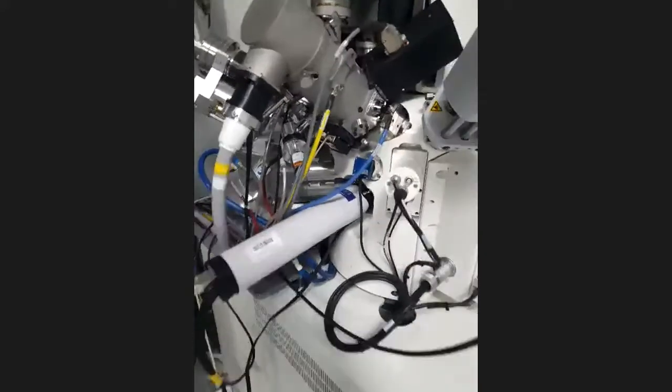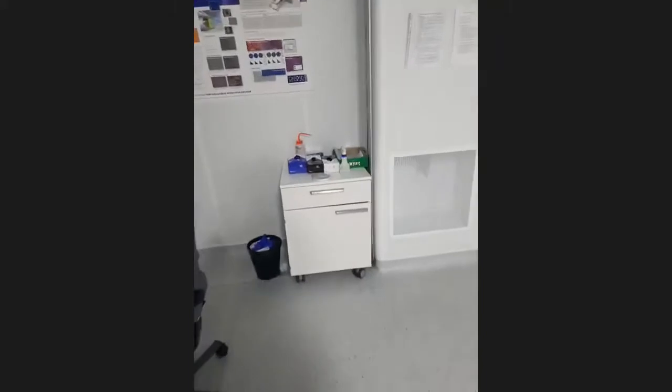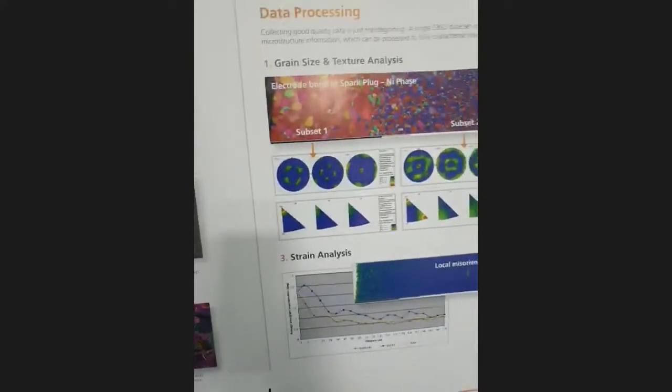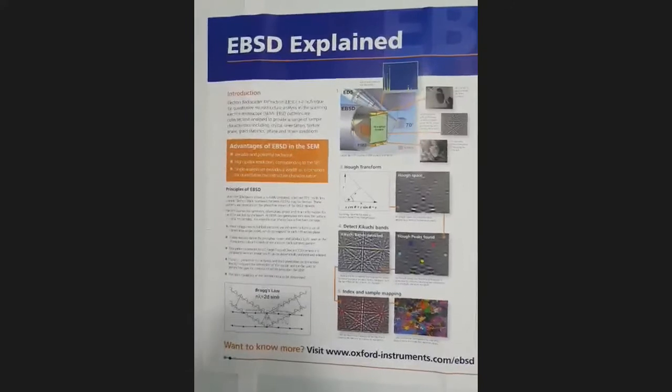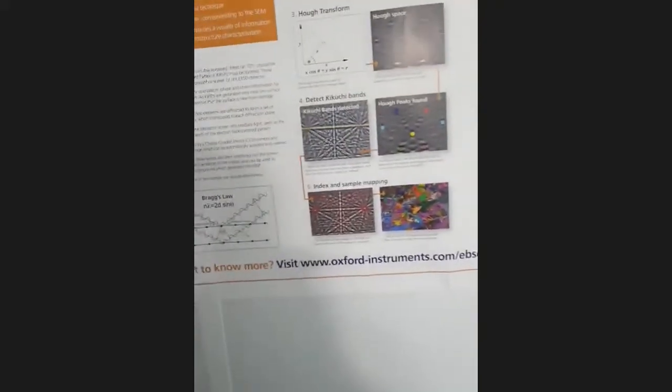Also, we can analyze the structure and composition of our sample. You can see an example here. It is called EBSD technique, and it is something like XRD. It has the same mechanism and the same output,